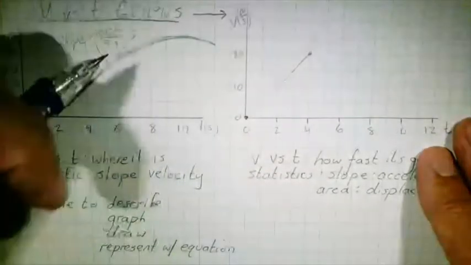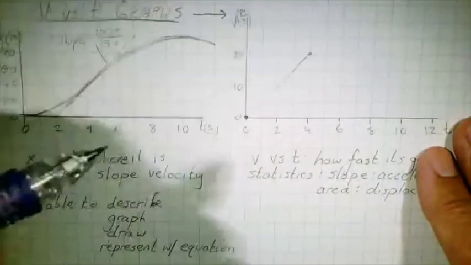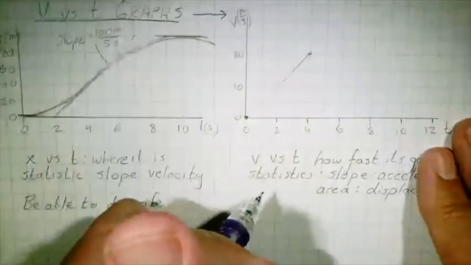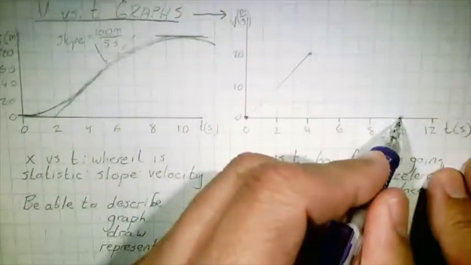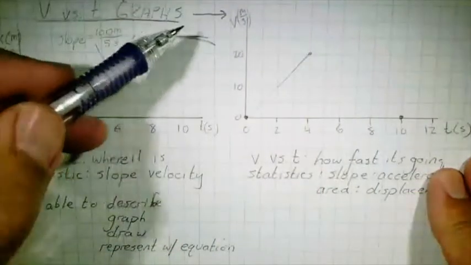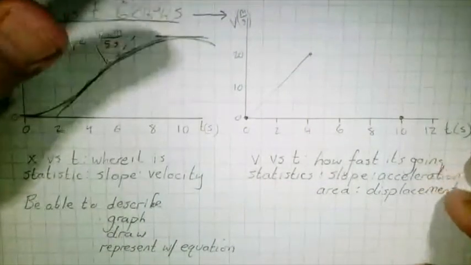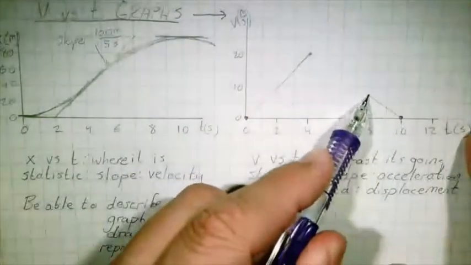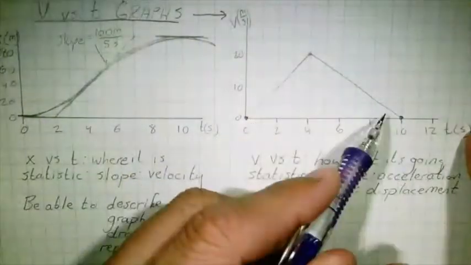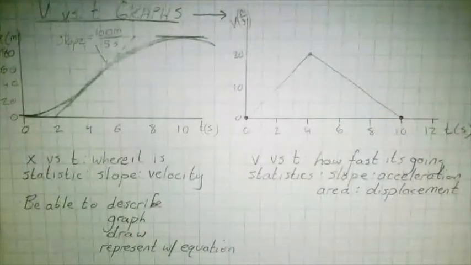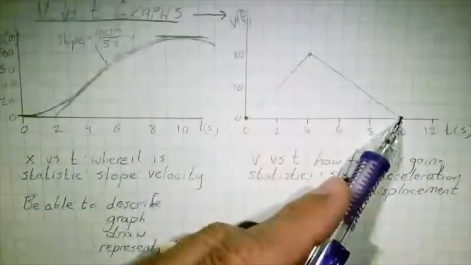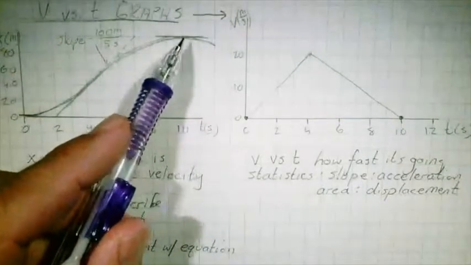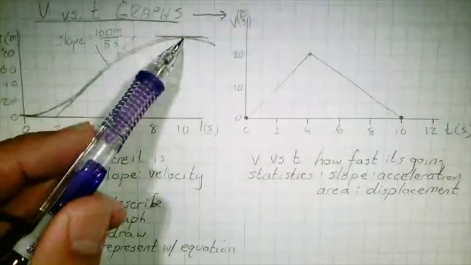And finally, at the end of 10 seconds, the slope of that part is 0. So we know at 10 seconds it's 0. And it gets less and less, and I could go through and do some sample slopes, but once again, I'm going to assume that it slows down linearly